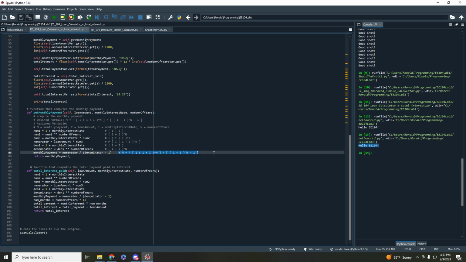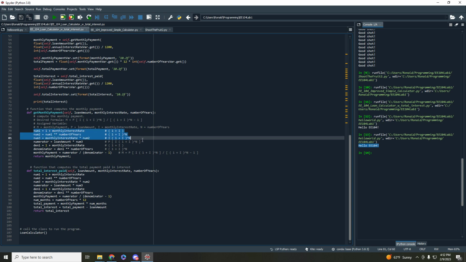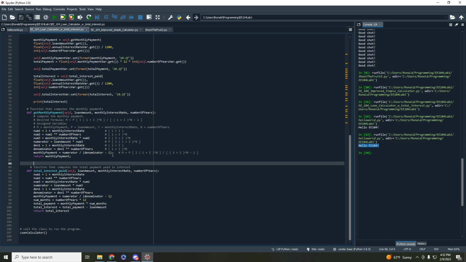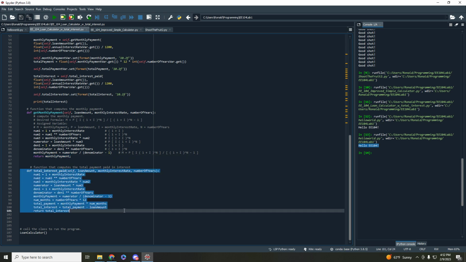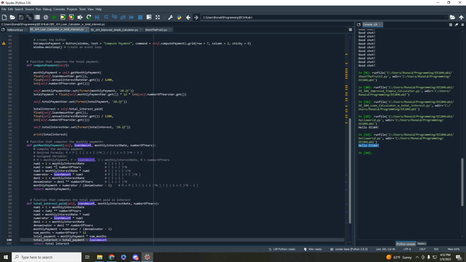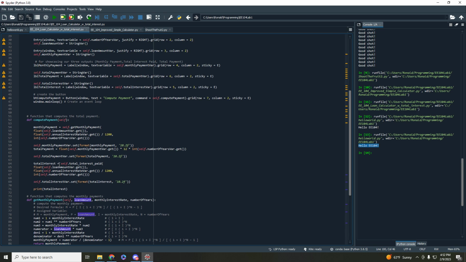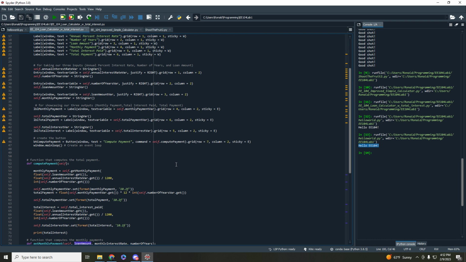This is the equation it's supposed to be, and I made sure that everything before this eventually created this equation. So this is how you get monthly payment, and total interest paid is right here. This is the function for total interest paid. This is monthly payment, and when I run the code,